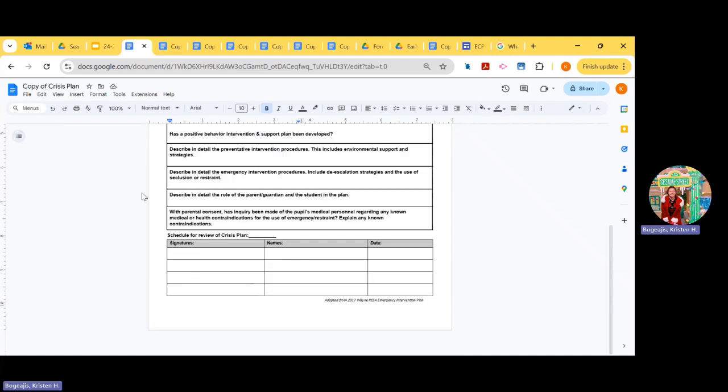And then when you create this crisis plan, you want to make sure that the stakeholders are involved, parents are in agreement, admin is in agreement, the implementers are in agreement. Who's going to be doing the CPI hold? Make sure they're signing here, they're putting their names and they're dating it because a crisis plan is something that we review and we agree on. It's very important that we do this because when we are implementing a plan during an emergent situation, we need